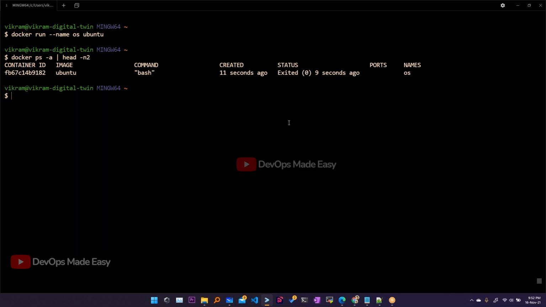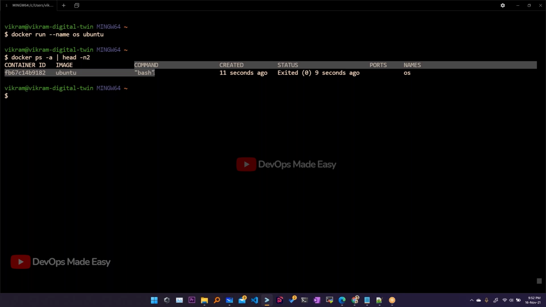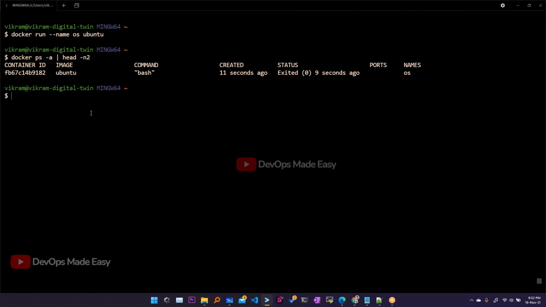So why has this exited? The reason is the command it is running is bash. That means bash expects the -it options. -i means interactive input, the standard input, and -t means terminal access. -t means pseudo terminal, which is TTY, so that it can show the terminal for you. That's why we have to use -i -t.